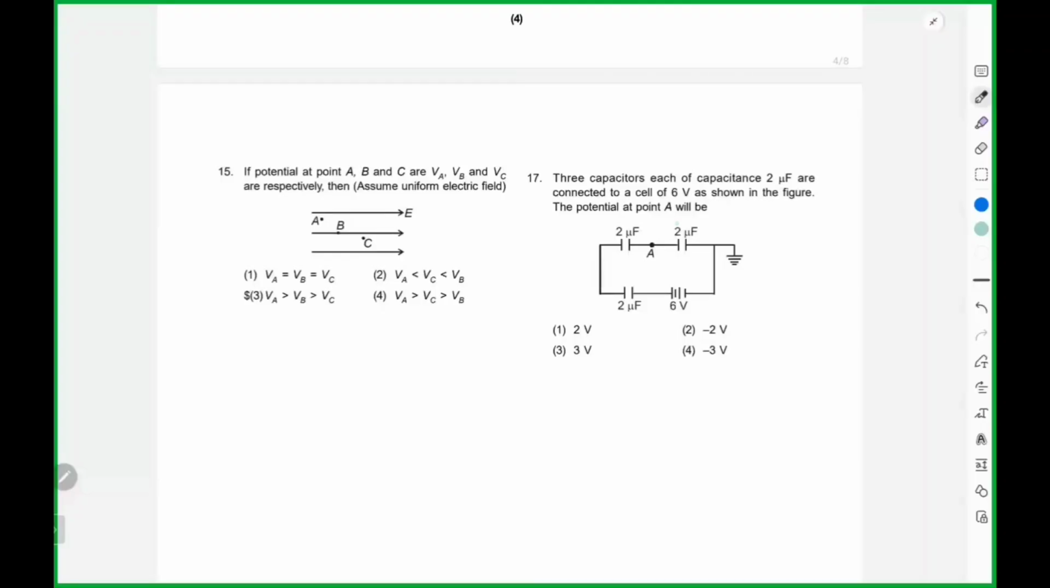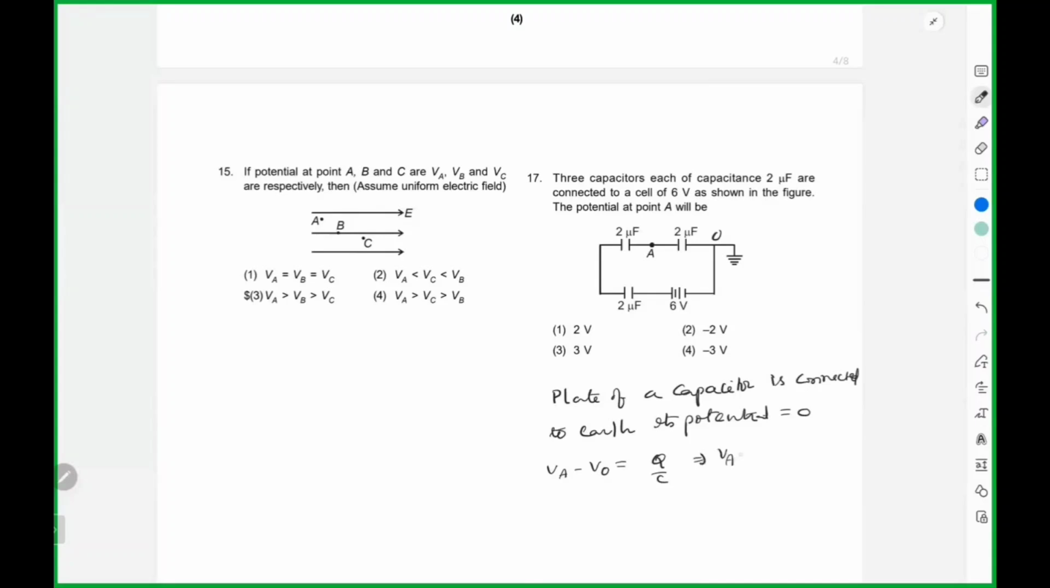Three capacitors, each of capacitance 2 microfarads, are connected to a cell of 6 volts. Find the potential at A. When a plate of a capacitor is connected to earth and it is completely discharged, its potential is 0. So let us say VA minus V0,